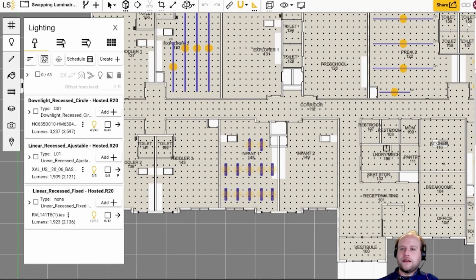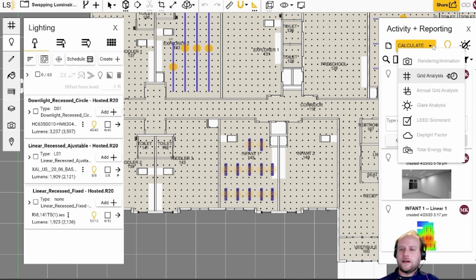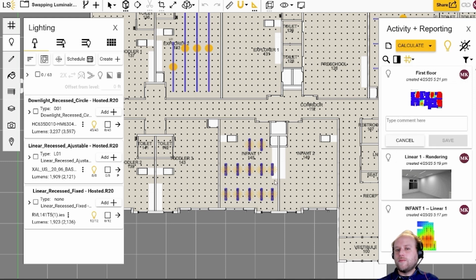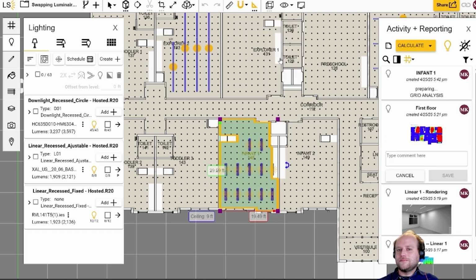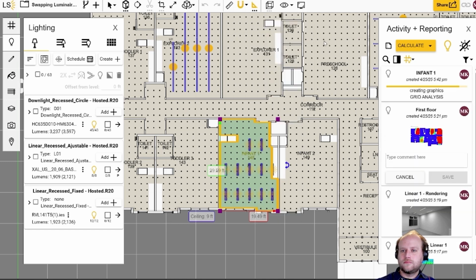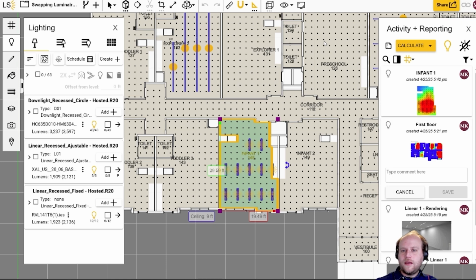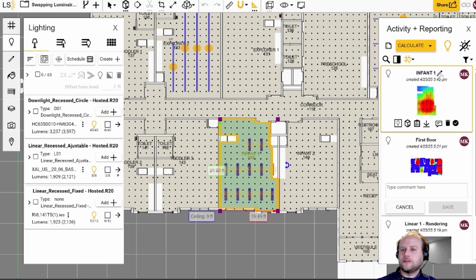So now from here we can either recalculate and do another grid analysis for the whole floor, or better yet, just recalculate the space with the updated fixture types. So I'll do calculate space. And now with the calculation complete, we can use the compare tool to see how the results change for the